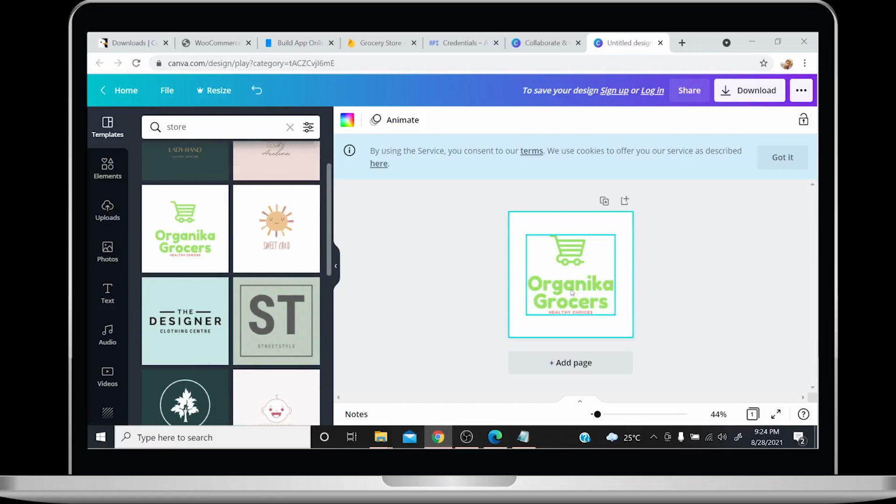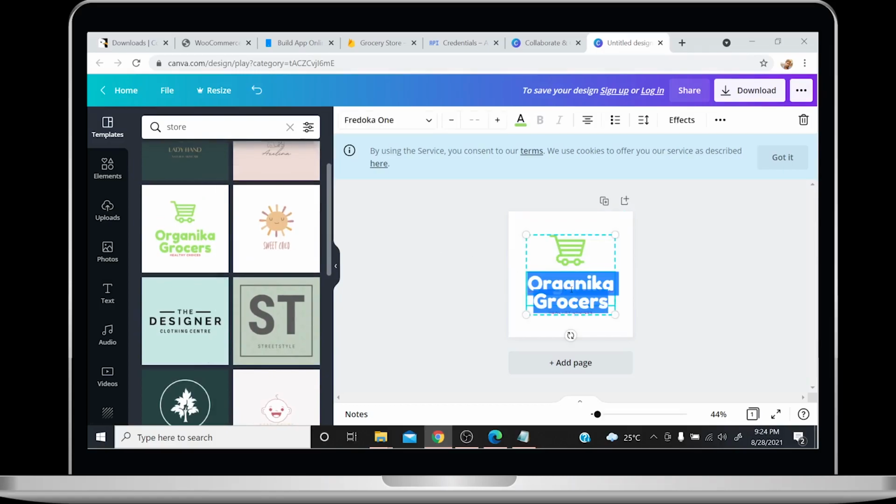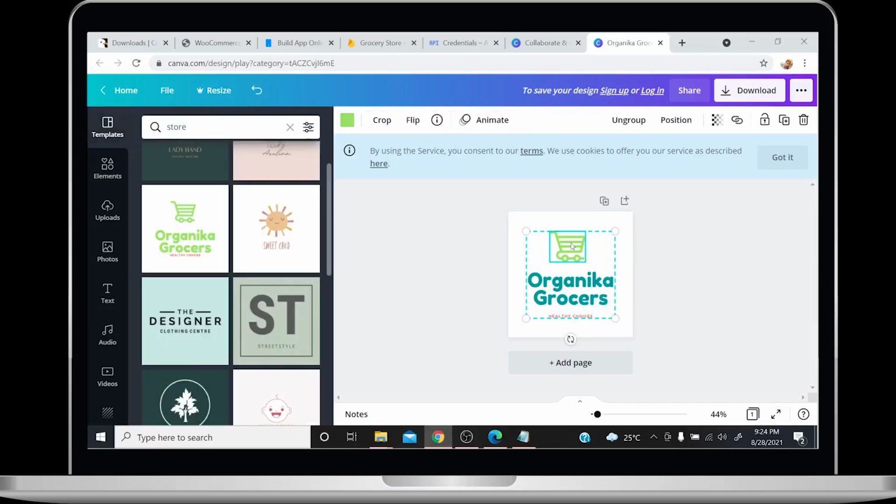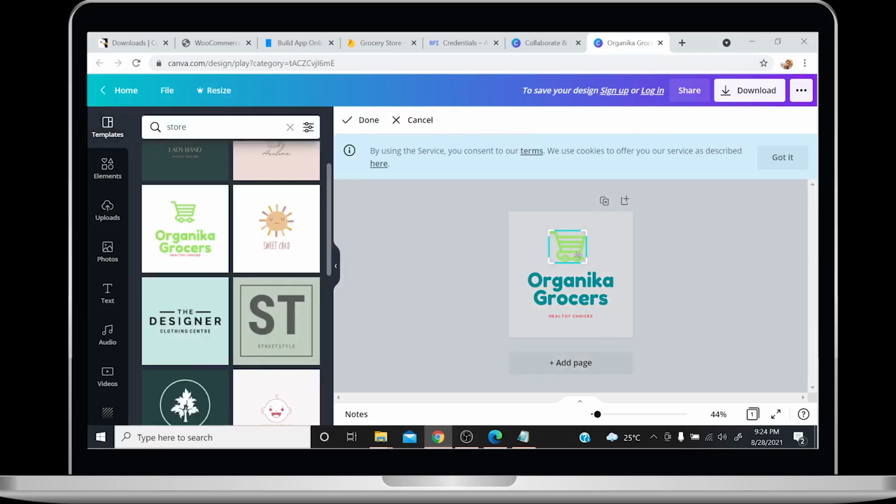Now you can edit the template by changing the colors, and resizing the logo. Changing the text.